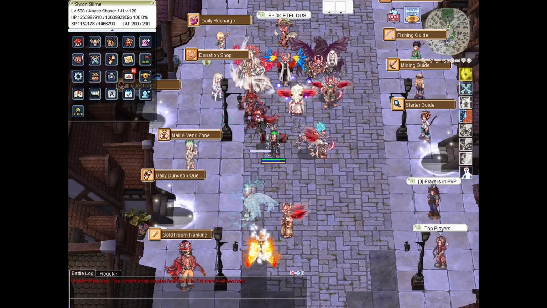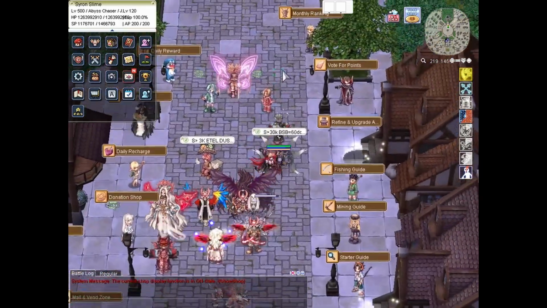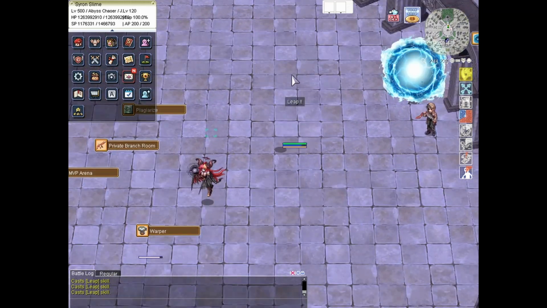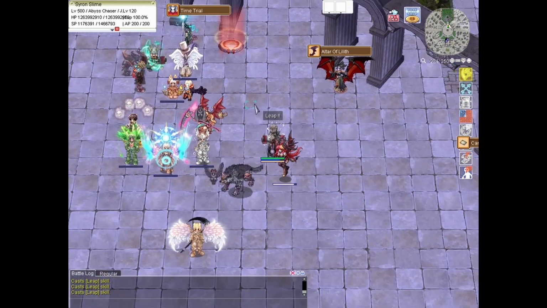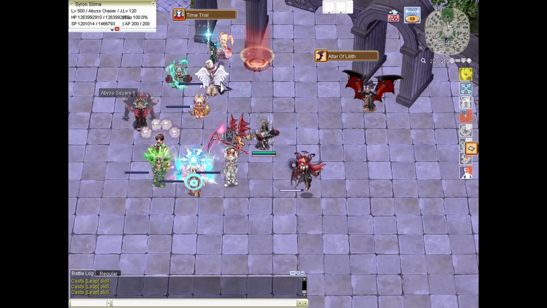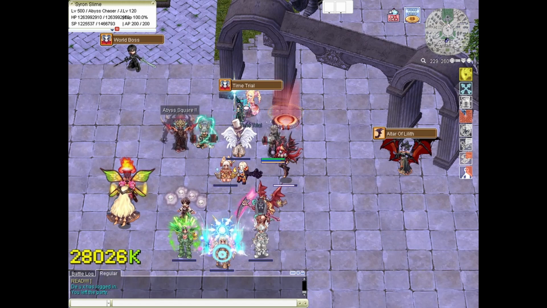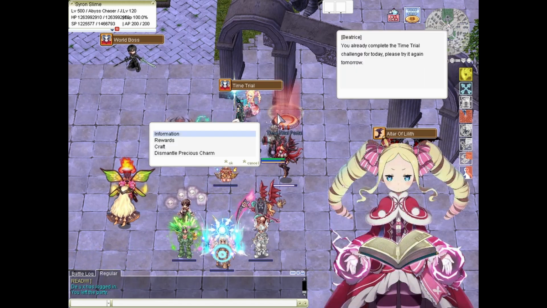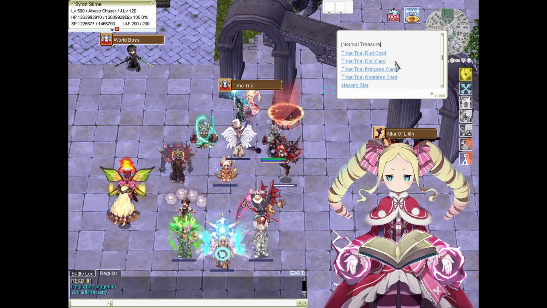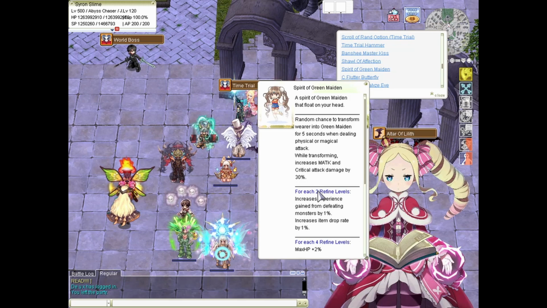So I'm going to start with the time trial item that you can get, like I've said, by participating in the time trials. And this one is a bit more end-gamey, guys. But then again, if you can find a party once you reach Reborn 200, you can participate, and there is a chance that you can obtain said item. Let's go to rewards, and from there, you can actually look at